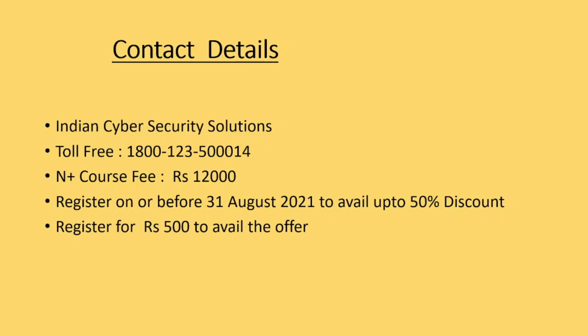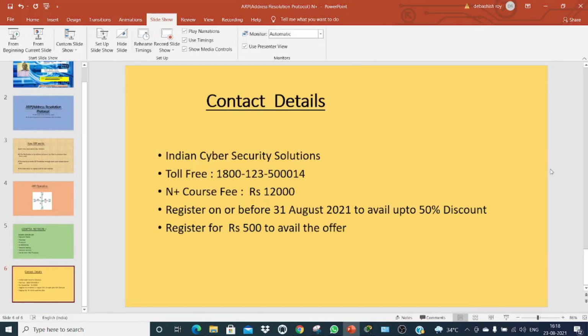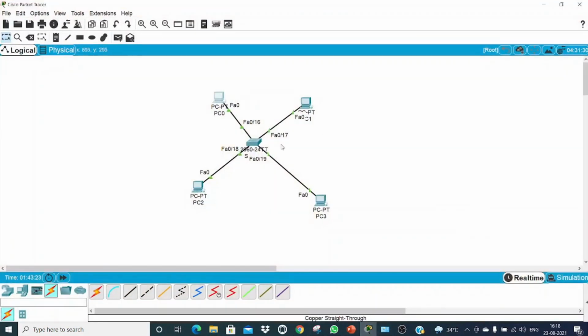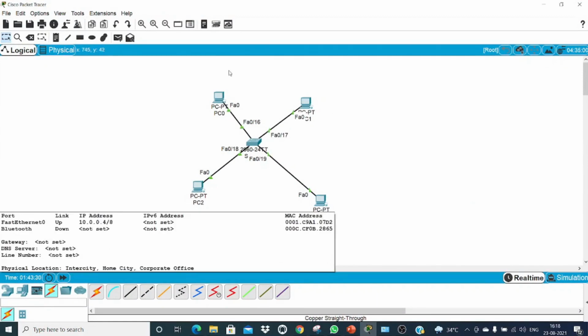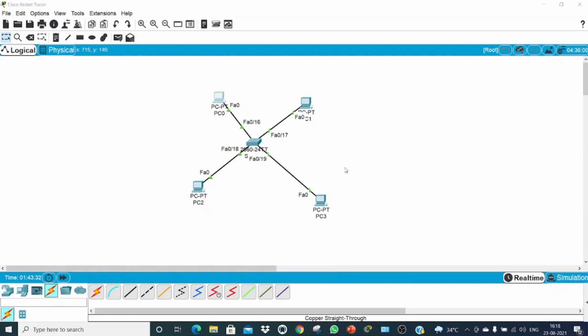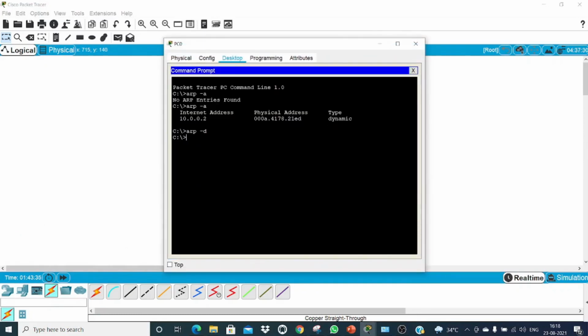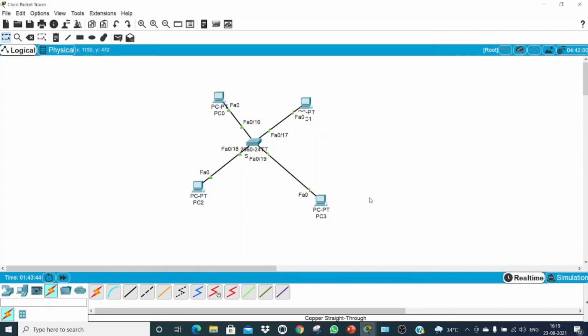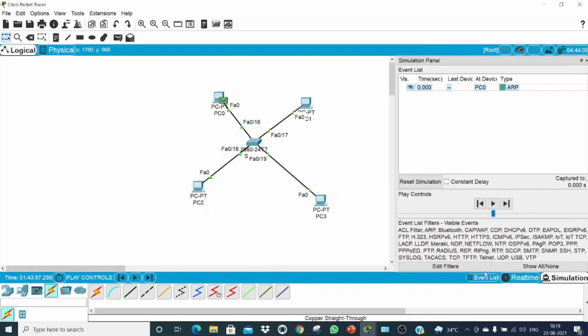Now I'm going to show you the ARP operation in Cisco Packet Tracer. See, there are 4 PCs connected. PC 0 is going to deliver a packet, say, to PC 3, and you go to PC 0, go to command prompt, and you give the command arp space -a. You do not have any ARP entries of the PC 3. So what you need to do, you go to the simulation mode, and